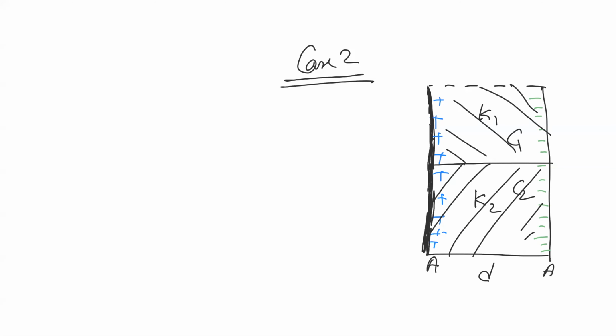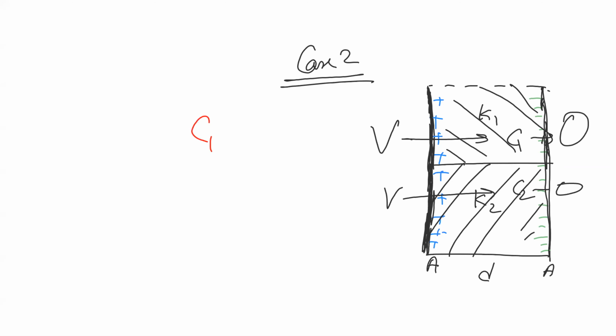Correct answer. Because you can see that all the negative charge plate, let's take at 0 potential. Suppose this plate, then this will be at V potential. So C1 is connected across which potential? V minus 0. C2 is connected across which potential? V minus 0. So they have the same potential difference. So C1 and C2 are connected in parallel combination. In this scenario, what will be the value of C1?